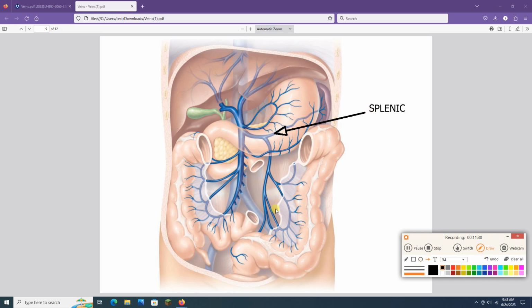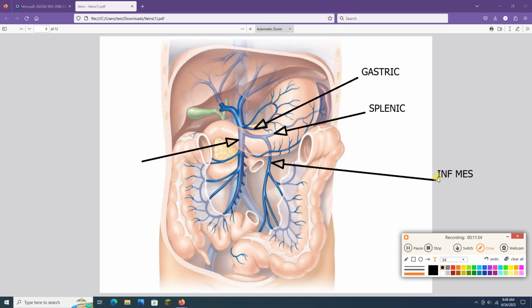What else do I see? I also see a gastric vein coming from the stomach. So there is a gastric vein. I am also going to see some mesenteric veins. I've got a superior mesenteric and I've got an inferior mesenteric vein here. So inferior mesenteric, I'm just writing inferior mes because I'm allowed to abbreviate like that. You, of course, are not. And I got a superior mes